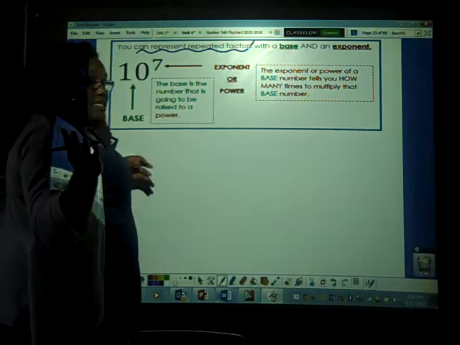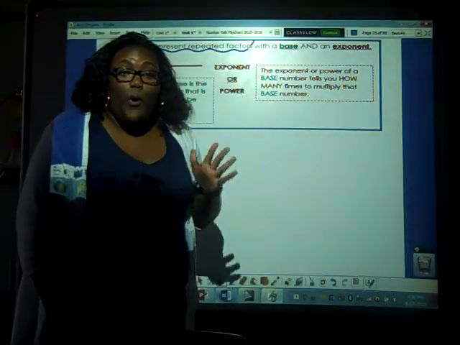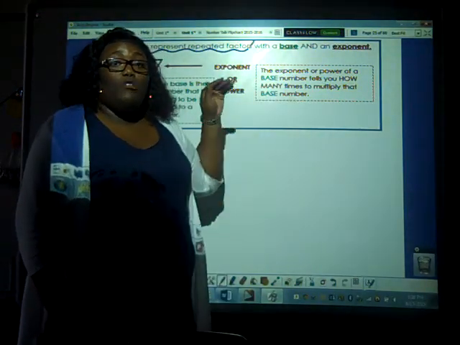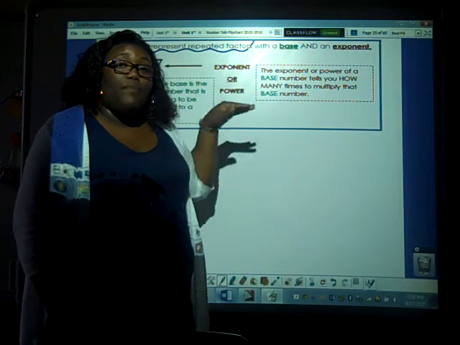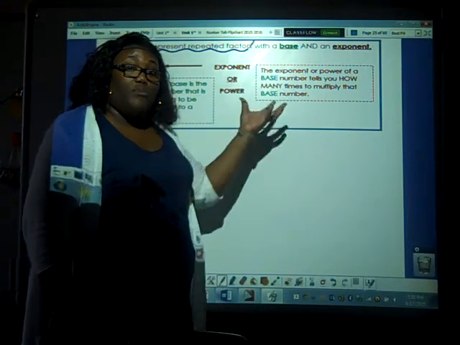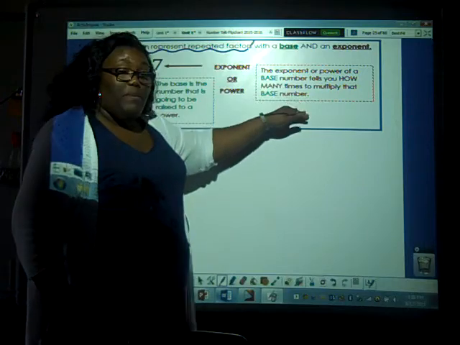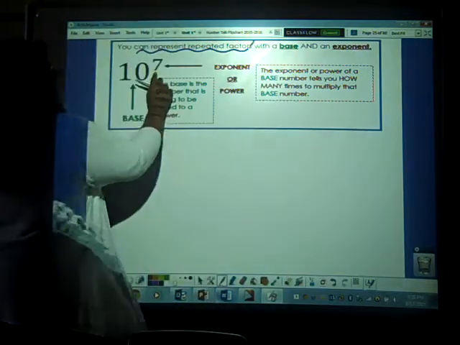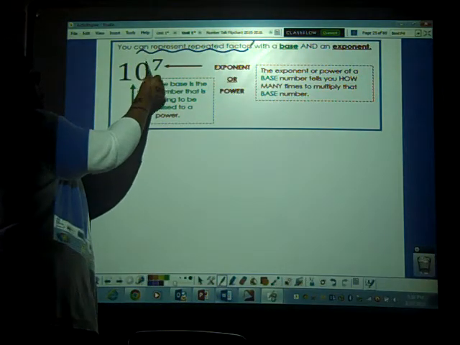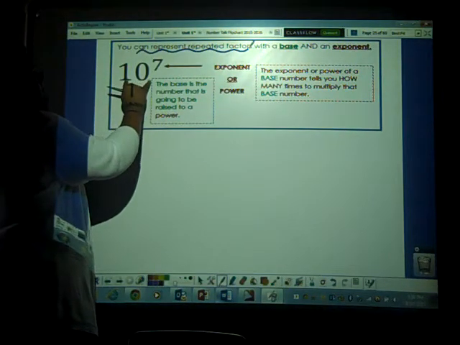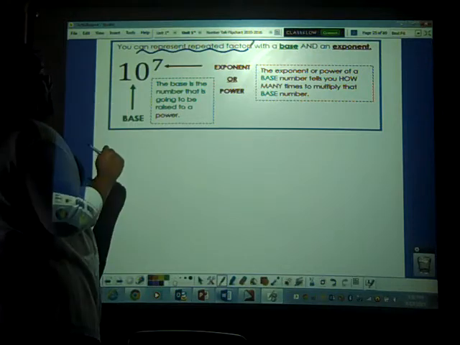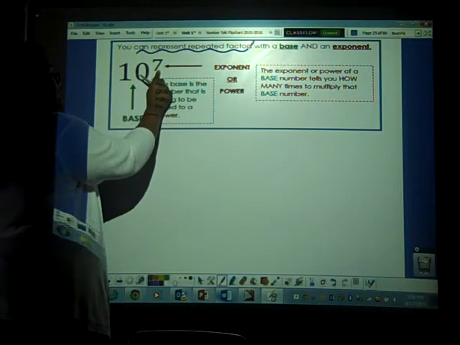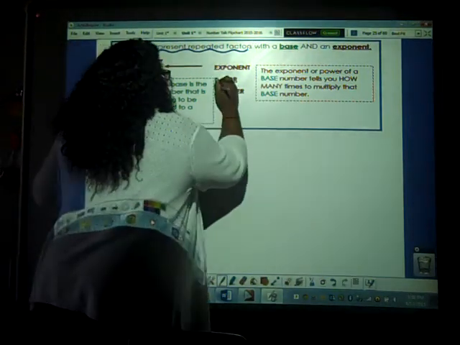So remember in Standard 5081, we talked about order of operations. And when we use PEMDAS as our guide to help us evaluate numerical expressions, we had P for parentheses, and then the E stood for exponents. This right here is your exponent. Your exponent is always going to be attached to a base number. In this case, this 10 is our base number, and 7 is our exponent,